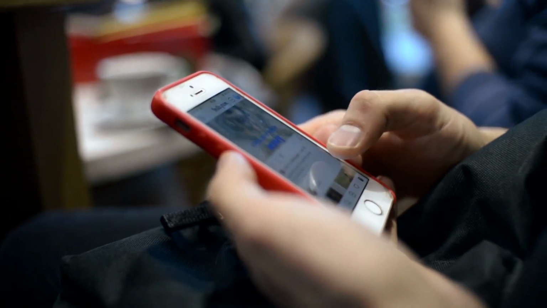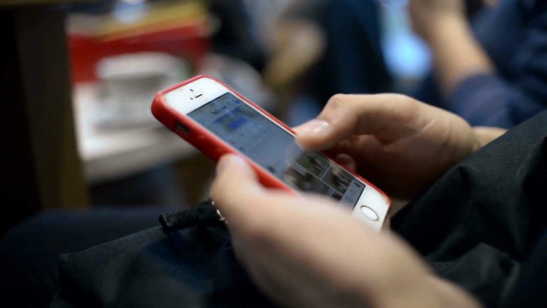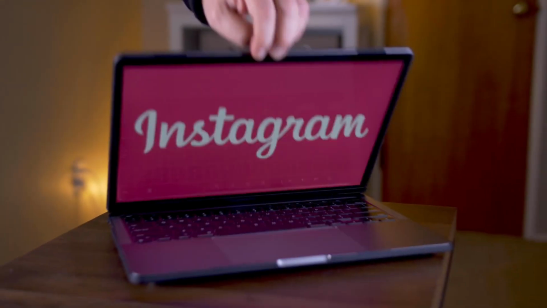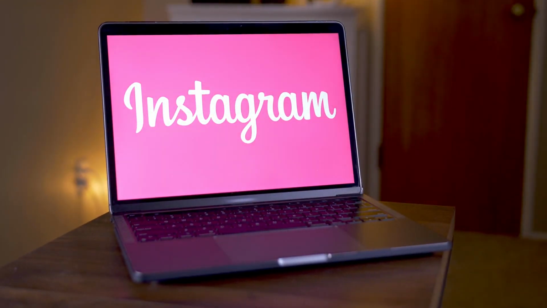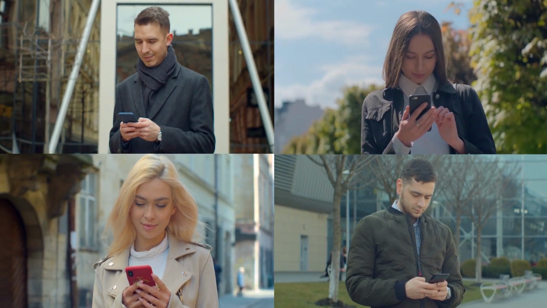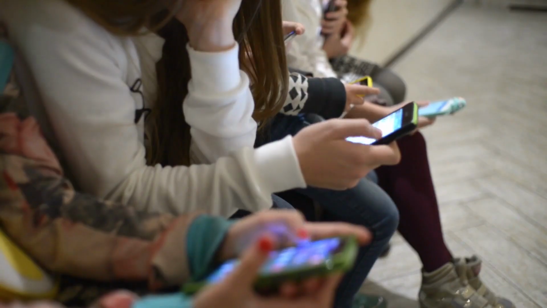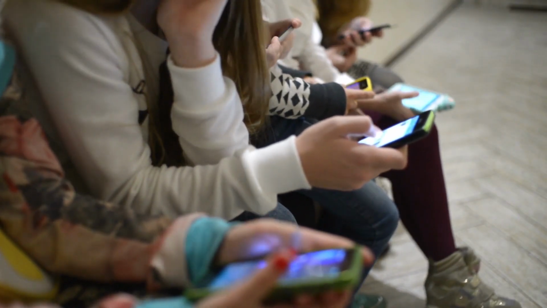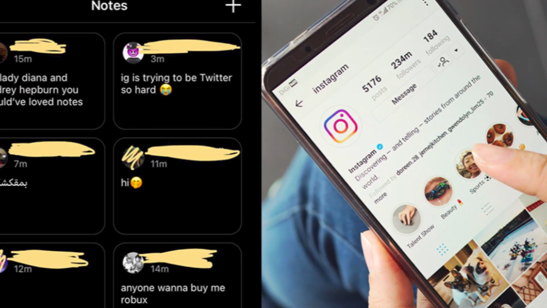If reinstalling the app doesn't work, you might have to wait a bit longer for the Notes feature to become available in your region. Sometimes, Instagram rolls out new features before making them available to others. So, it's possible that the feature is not yet available in your country. In this case, you may have to wait a couple more days or weeks for a new update to arrive. And that's how you can fix the missing Notes